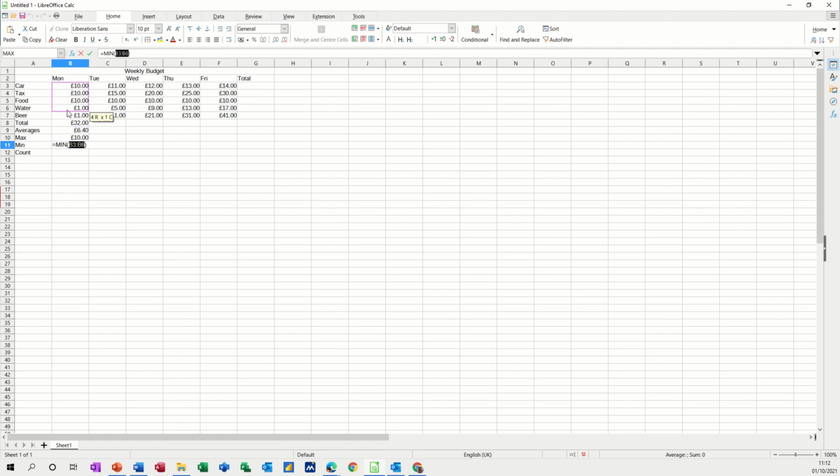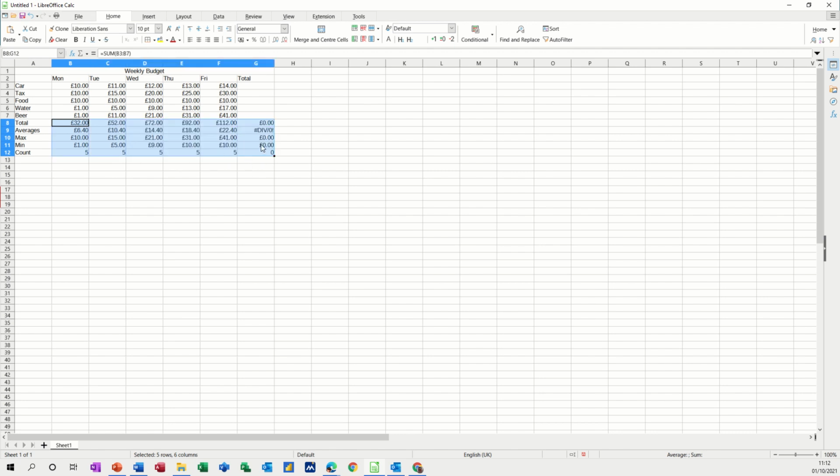Highlight the list, click the tick, and then count how many items are in that list. So count how many items are in the list. This is not adding anything up, it's just going to come back and tell you how many there are. 5. So then you can highlight this group, pick up the little cross in the corner, pull it right over,